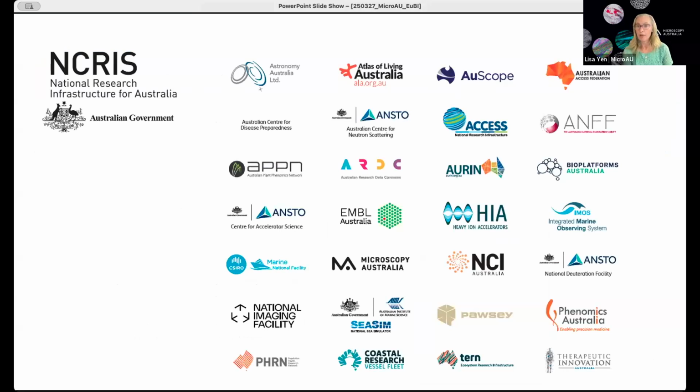So in terms of there's a real broad range of functions that are delivered across more than 25 projects within that NCRIS program. And so they will do things like observation and monitoring, both within oceans and also terrestrial, computing and modelling, management of data sets and nationally significant data collections, fabrication and manufacturing, and of course, Microscopy Australia that sits within the measurement and characterisation functions.